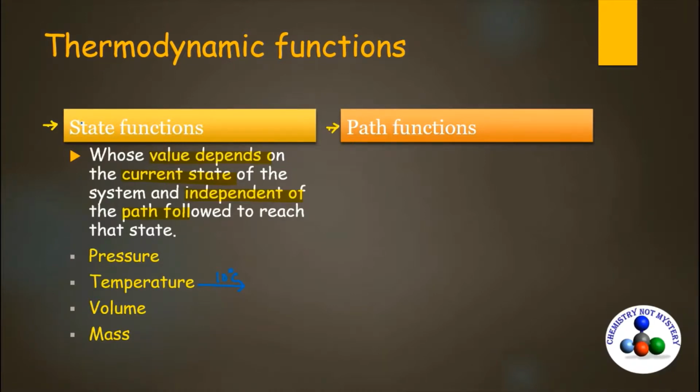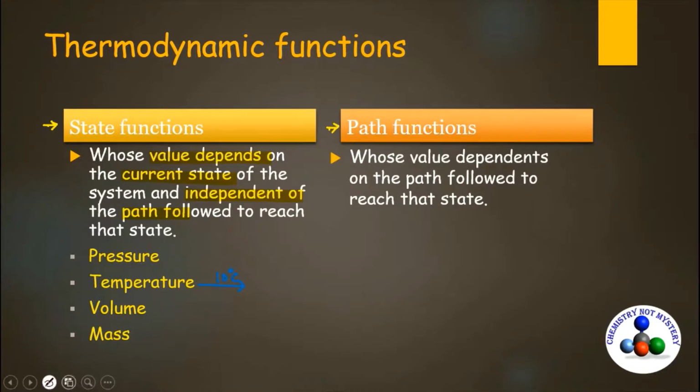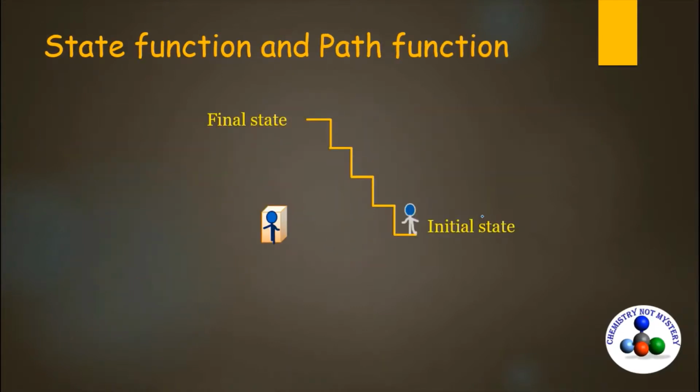Now let's see what path functions are. Path functions are those properties of the system whose value depends on the path followed by the system to reach that particular state. For example, work and heat are path functions. Let's take another example to understand what path functions and state functions are. For example, here